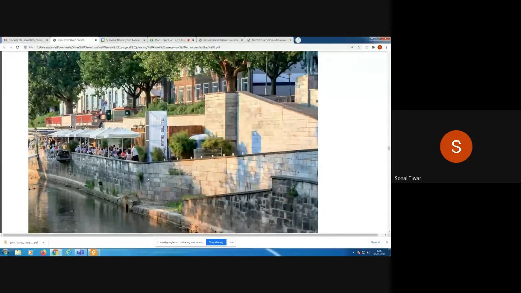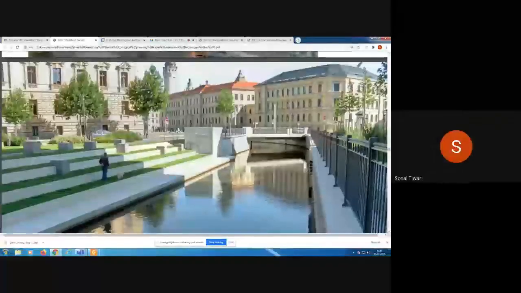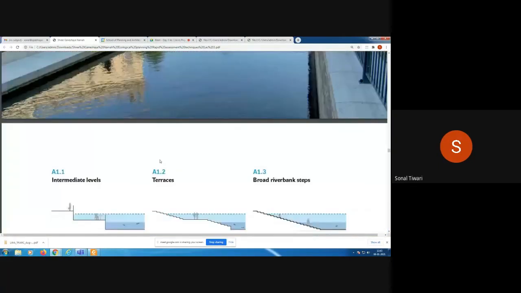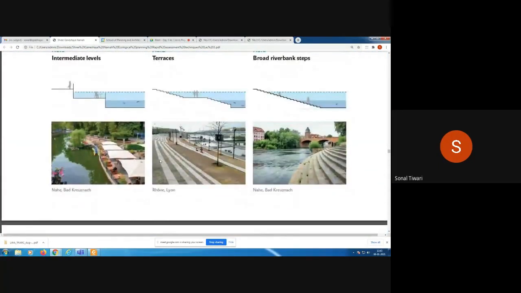So this is an embankment type of wall wherein people can move to the last level, but during the flood, there is a provision by which, with the help of staircase, people can access the river. So these are again embankment type strategy or measure adopted. So these are not the best. These are only